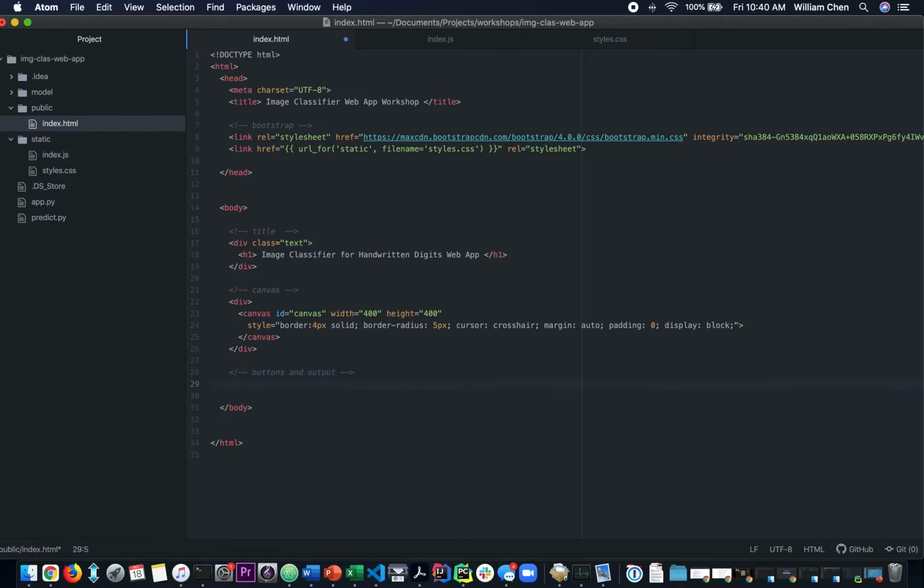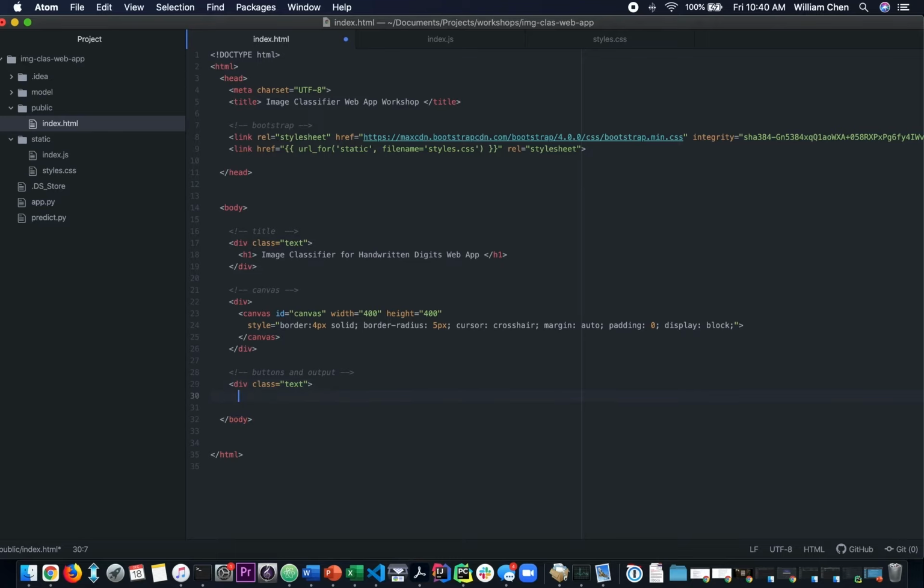So yeah, this is a very simple web app or simple front end. Just 3 things. We're going to have the title, the canvas, as well as the buttons and the text. It's nothing really too complex. So let's also wrap this in a div, and let's actually wrap it in the same class of div as the title. This way we can keep consistent with the styling both in the title as well as here. So let's also give it a class name of text